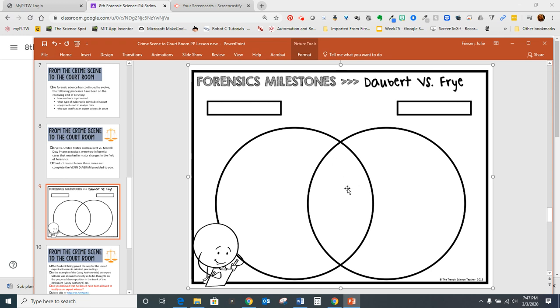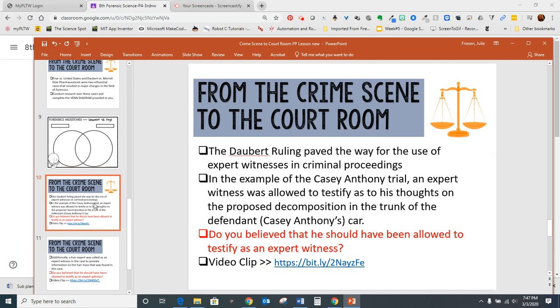But what are some of the similarities between the 2 cases, court cases? When you're done with that worksheet, you want to go down and read this next slide, and it'll give you a better idea of